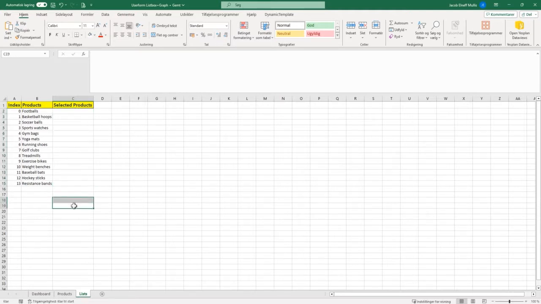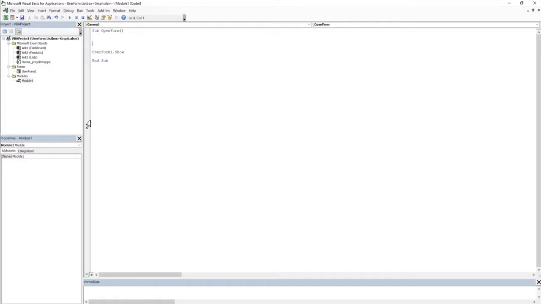This will make sense in a minute. So we're gonna do a Worksheets("Lists").Range, and that's from C2 to, let's say, C100, just a big number. .Value equals blank,